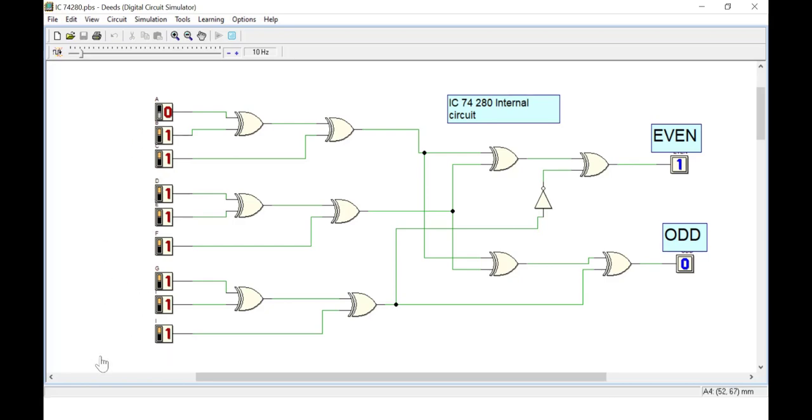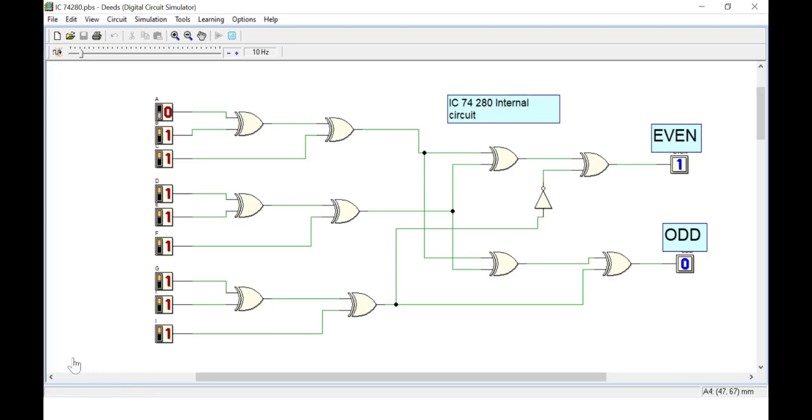When you have an even number of ones and want even parity, the parity bit is supposed to be 0. If you look here, the odd output is showing 0. That means you can use the odd output for even parity generation. Similarly, with an even number of ones, the even output is showing 1, so it can be used for odd parity generation, and the total number of ones in the data plus parity will be odd. So this is how we can use the same circuit for producing even parity by using the odd output and odd parity by using the even output for the given data bits. This is about generation of a parity.